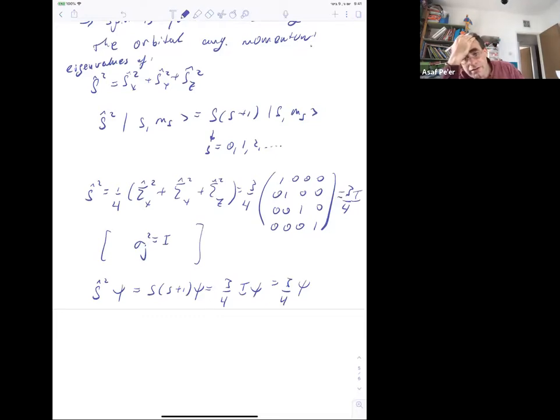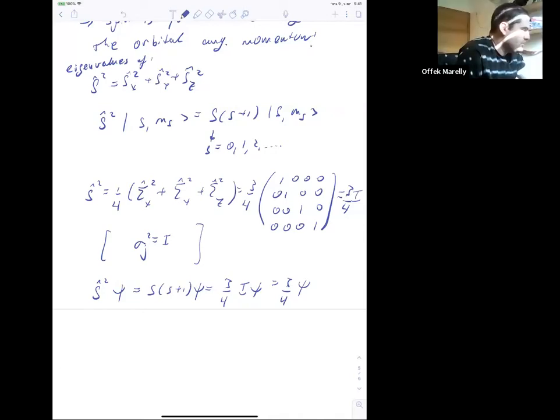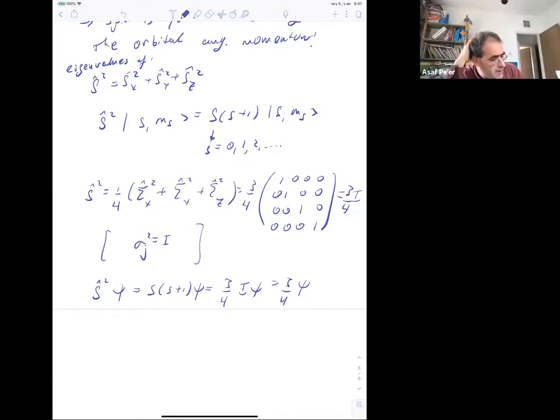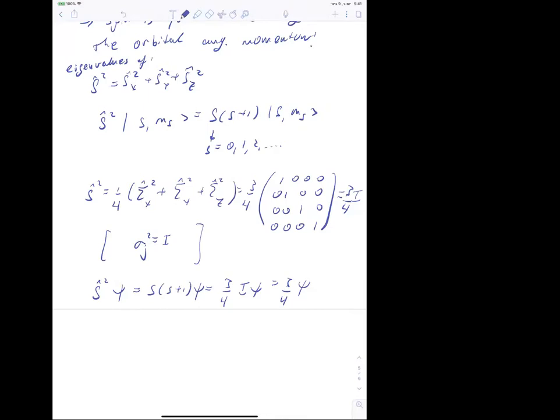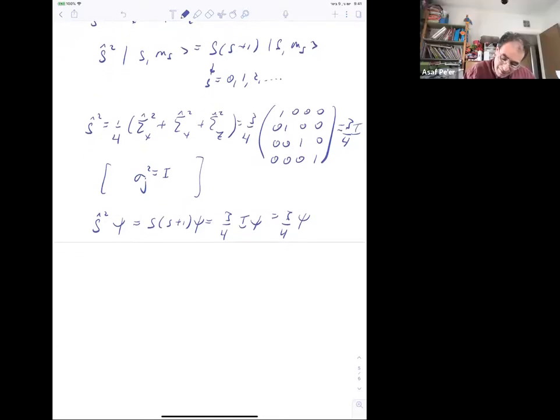So what is the small value, what is S then? You mean the S times S plus 1? Now S times S plus 1 is 3/4. So what is S? One half. 1/2, right? So here we get